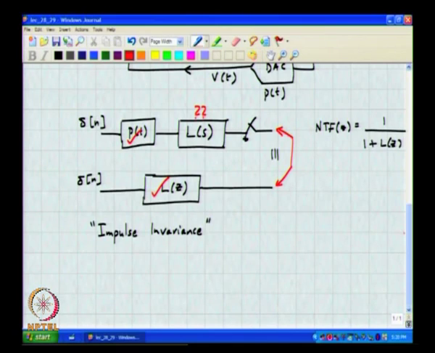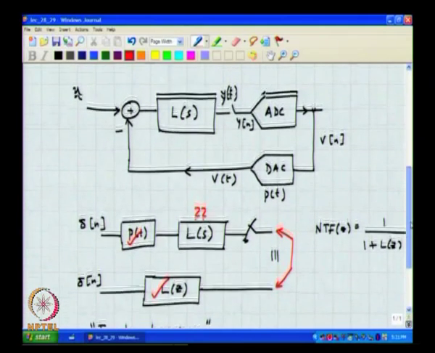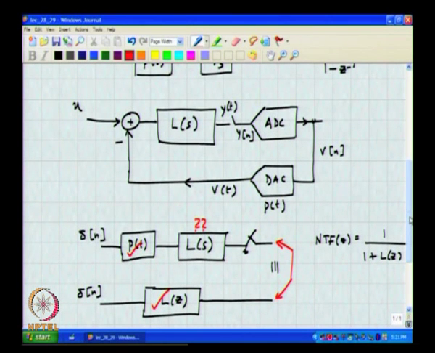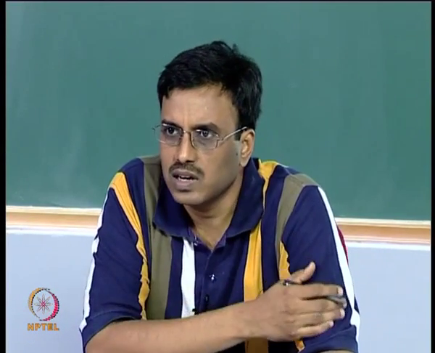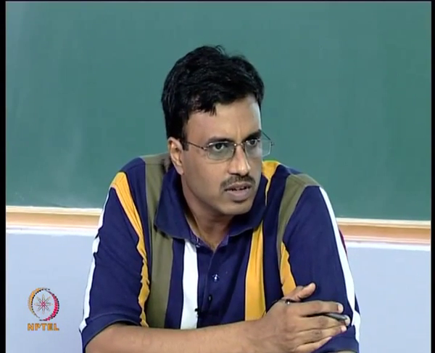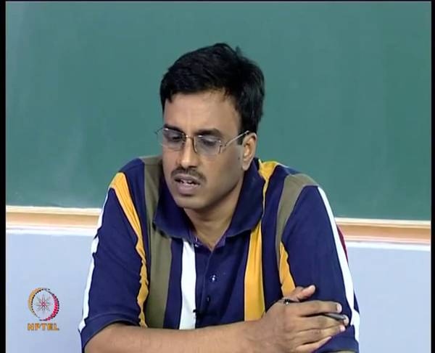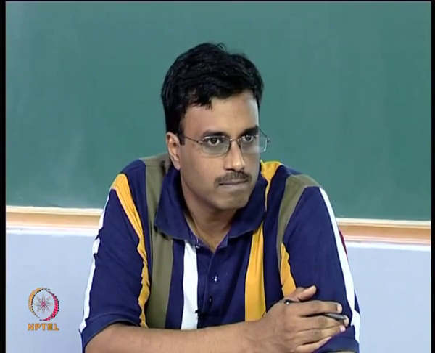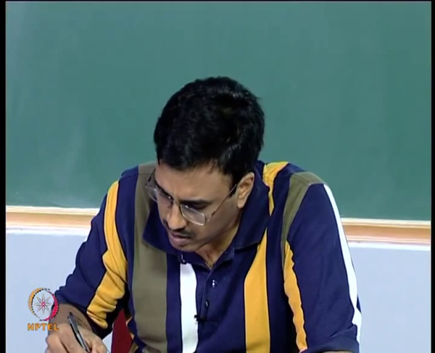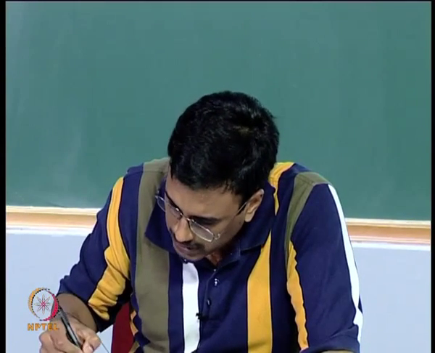We will now go forward and see how one can compute this in the more general case, where the NTF of Z is not simply 1 minus Z inverse, but something of the form 1 minus Z inverse to the n divided by some d of Z inverse, which is the usual kind of noise transfer function one deals with. Okay. But before that, let me also point out an interesting property,